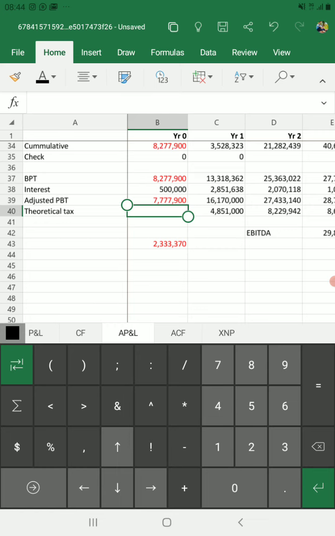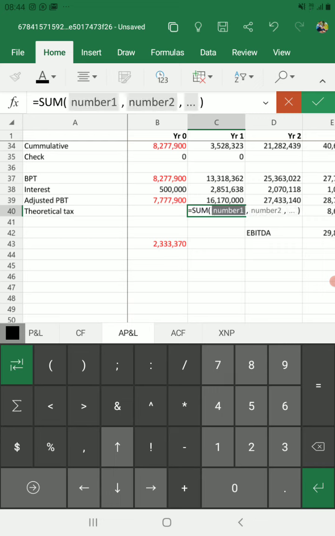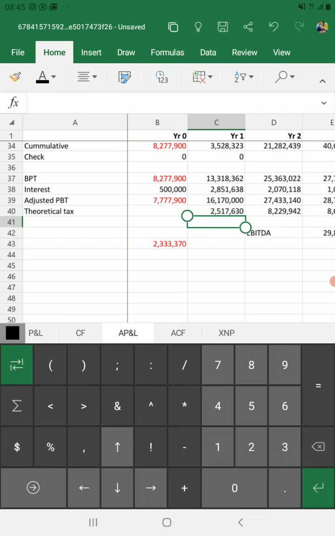And here we made a formula to sum this figure and this one to absorb the loss first, and then after absorbing the loss, we multiplied it by the tax rate of 30%. Okay, so we are back to our